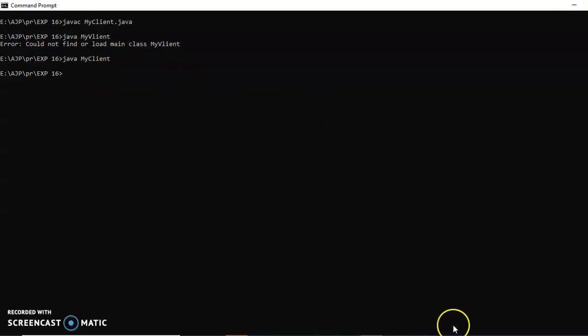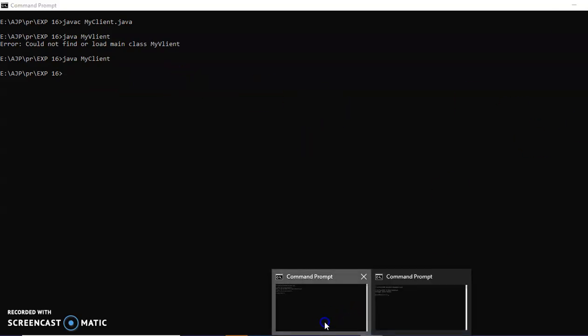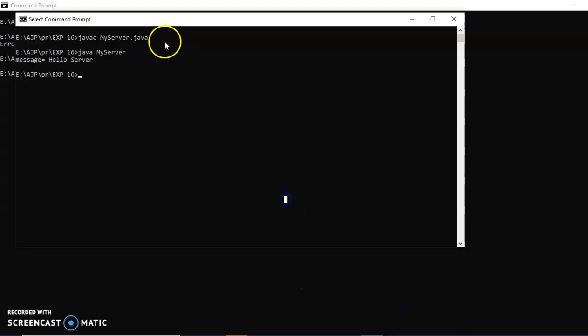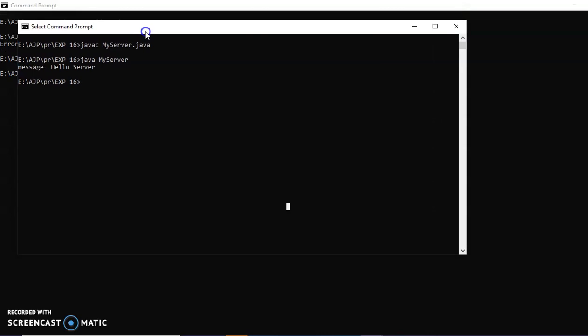Now we'll see at the server program, is there any output? Yes, look at the server output. Here you are given the output as message: hello server. So this was the data which was written from client to the server and which the server has read and printed. So that's it about the socket programming using connection oriented.